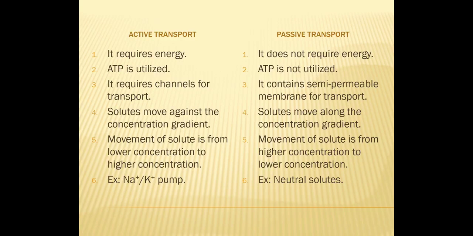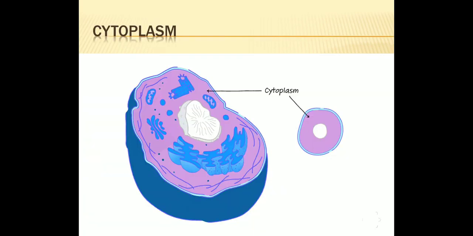Now, talking about the next component, the third component is cytoplasm. Here in a cell, you will find the cell contains a ground substance. That ground substance is called matrix, or you can also call it cytoplasmic matrix or cytosol. Here in this cytosol, you will find it contains a gel-like material. That gel-like material is not static. If I say the word not static, that means it is not stable.